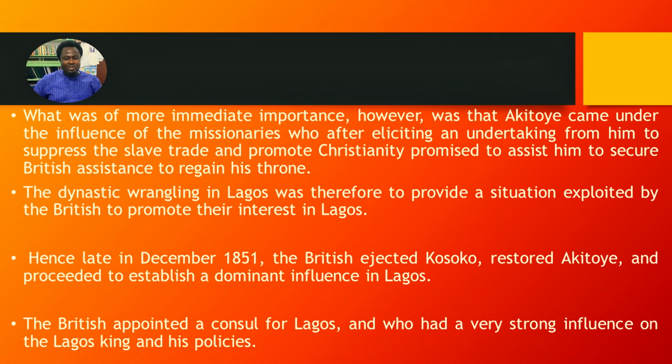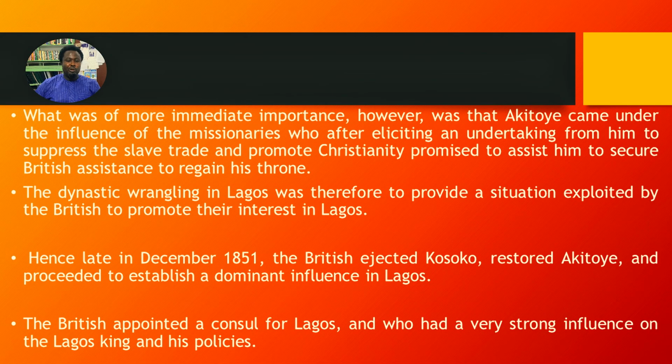So the dynastic crisis rumbling in Lagos was therefore to provide a situation exploited by the British to promote their interest in Lagos. Hence, late in December 1851, the British capitalized on Kosoko's refusal to surrender his interest in the slave trade. The British ejected Kosoko and restored Akintoye and proceeded to establish a dominant influence in Lagos. So the British after this case appointed a consul for Lagos, who had a very strong influence on Lagos